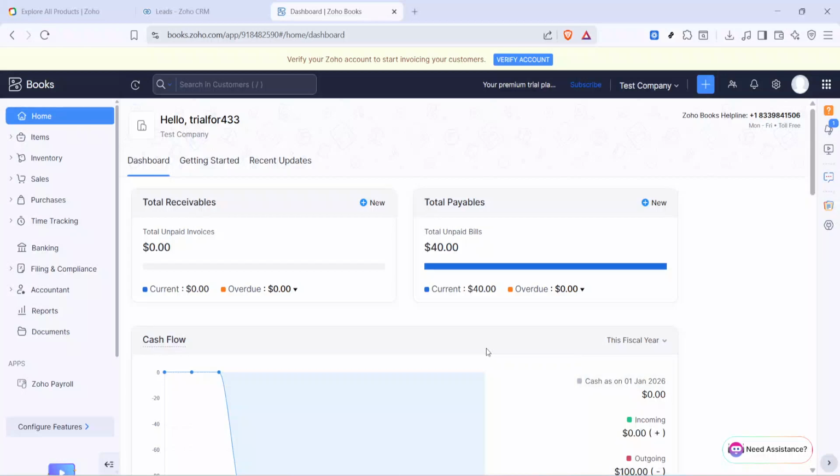In today's video, I'm going to teach you how to create a purchase order in Zoho Books. A purchase order, or PO, is a formal document you send to a vendor to confirm what you plan to buy, at what price, and when you expect delivery. Before we begin, make sure your vendor and items exist in your Zoho Books account, so selection is quick and